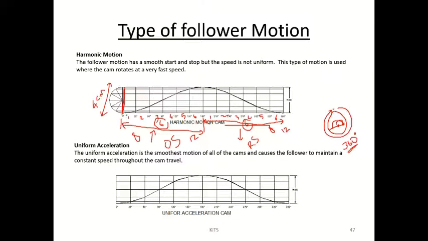This is the lift. The center of the lift is found, and with that center a semicircle has been drawn. This semicircle has 180 degree. Here I have divided it into 6 parts: 30, 60, 90, 120, 150, 180. After dividing it into 6 parts, from the first line, draw a horizontal line.